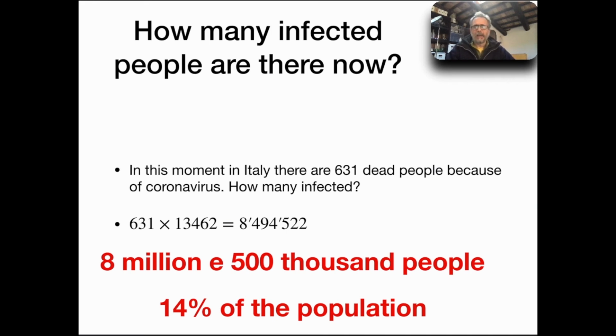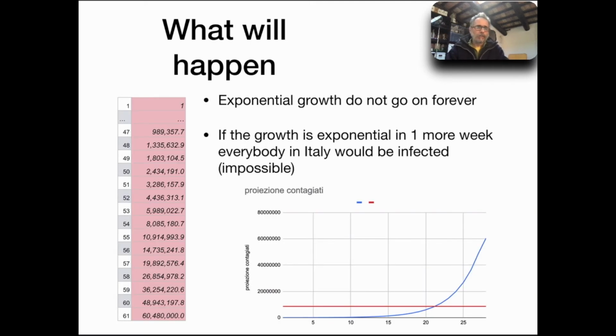And then, of course, one would say, okay, how long will it take to actually infect everybody? It would actually not take that long, because with exponential growth, the real action happens in the last part. So you have a very slow effect, and then boom, it explodes